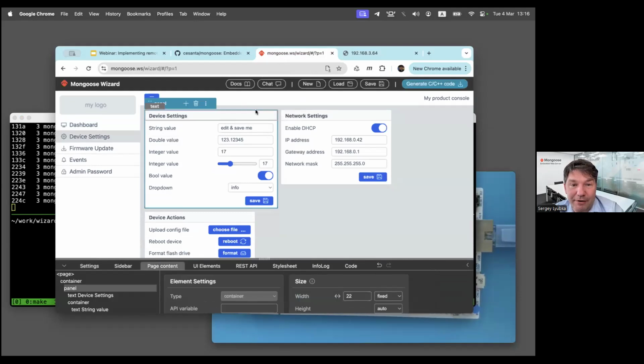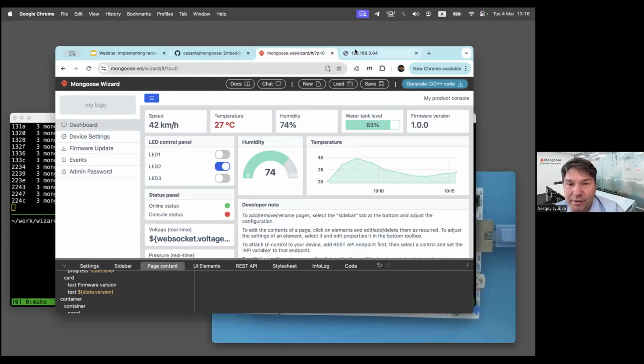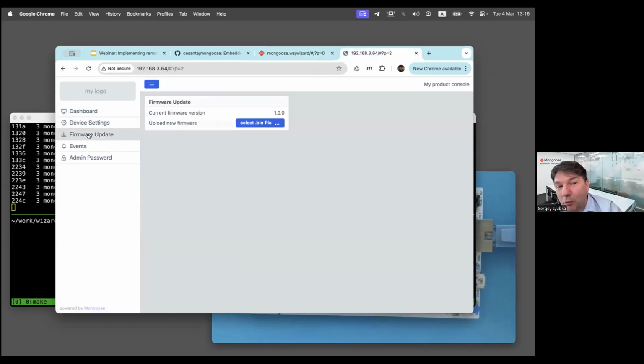So the wizard allows to change things quickly and add new controls and so on, but we won't do any of that because the default dashboard has a firmware update screen, which works straight away, without any extra effort. So it has this firmware update button. And maybe just to demonstrate